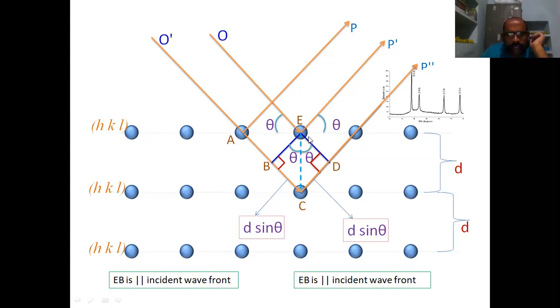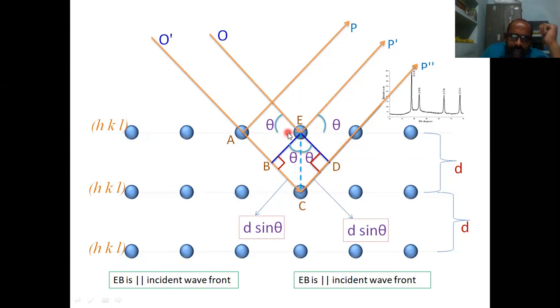Similarly, here we have to identify the angles. So I am drawing a line between the two planes, the top plane and its bottom plane. It is the interplanar distance d. Here also the EC value is d. So it is one plane and it is another plane. It is the mean distance.